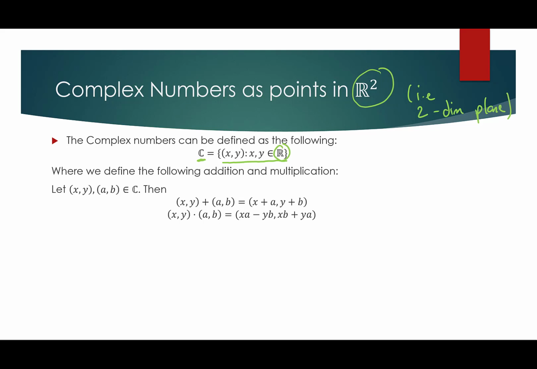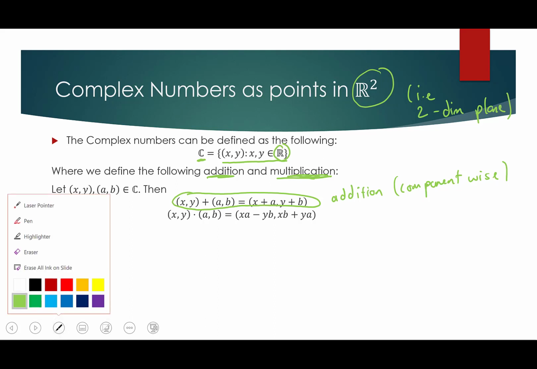Given this structure, we can define the following addition and multiplication, meaning we can add and multiply complex numbers through the following action. Addition, super nice. To add 2 complex numbers in this representation, you just add component-wise, which again should remind you of our last video. Remember with vectors, how do you add vectors in R2? You just add the components. It's the same idea with complex numbers. Now multiplication, on the other hand, I'm actually going to pick out a different color for this one, is a little bit more funky.